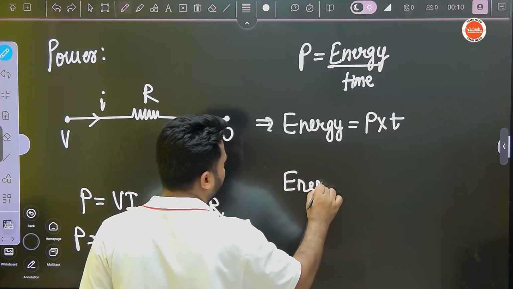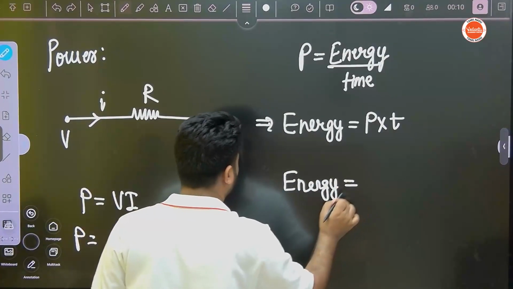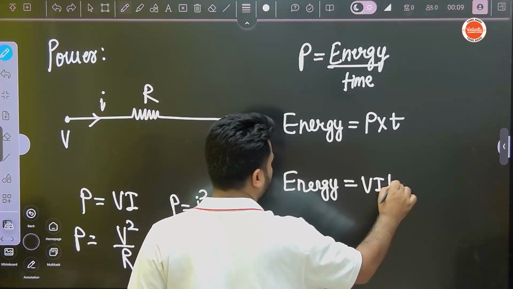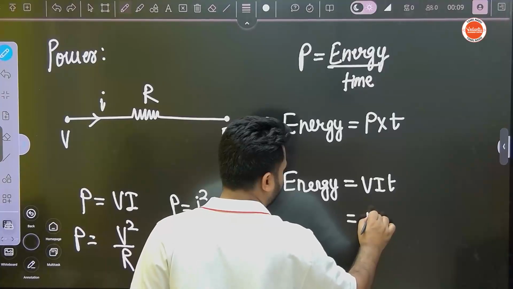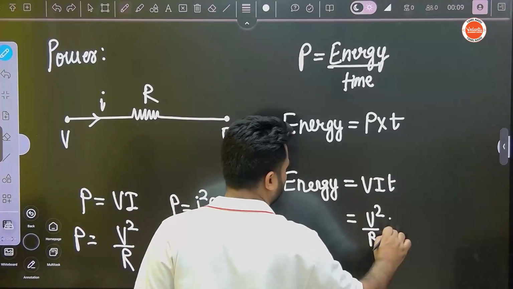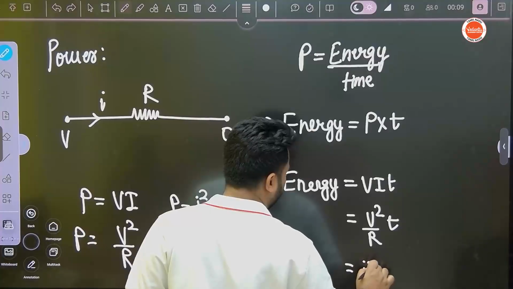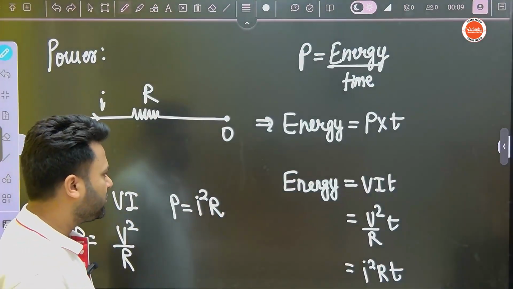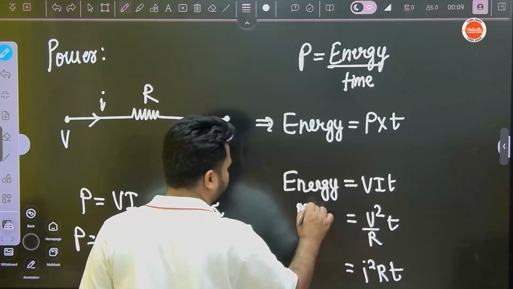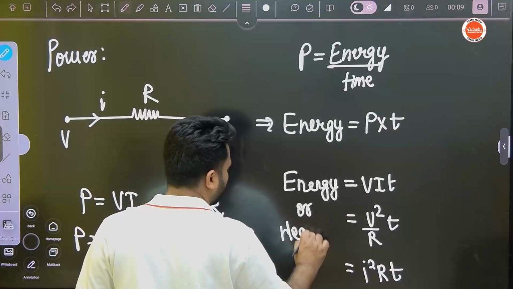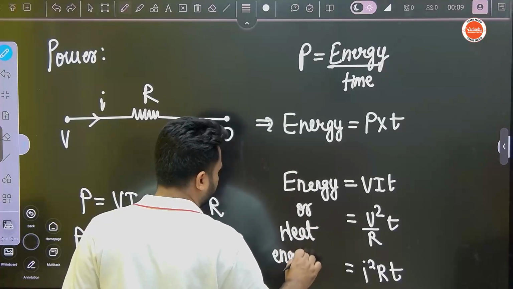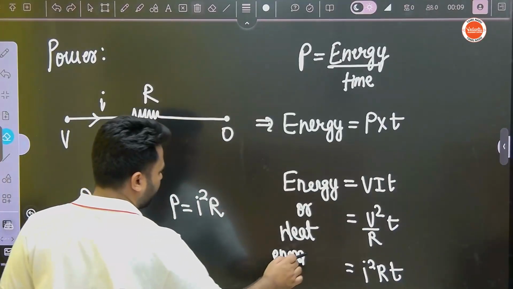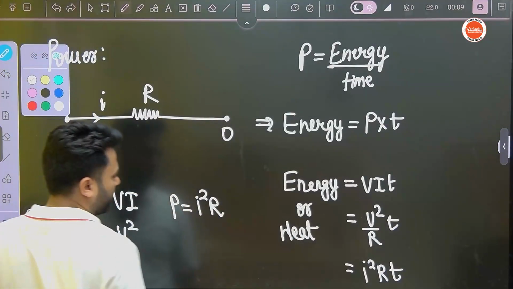Energy is power into time. Power is VI, so energy is VIT. With power as V square by R, it is V square by R into T. With power as I square R, it is I square R into T. So sometimes they ask for heat energy, heat dissipated. They will ask in the question, what is the heat dissipated in the wire? It means how much heat is